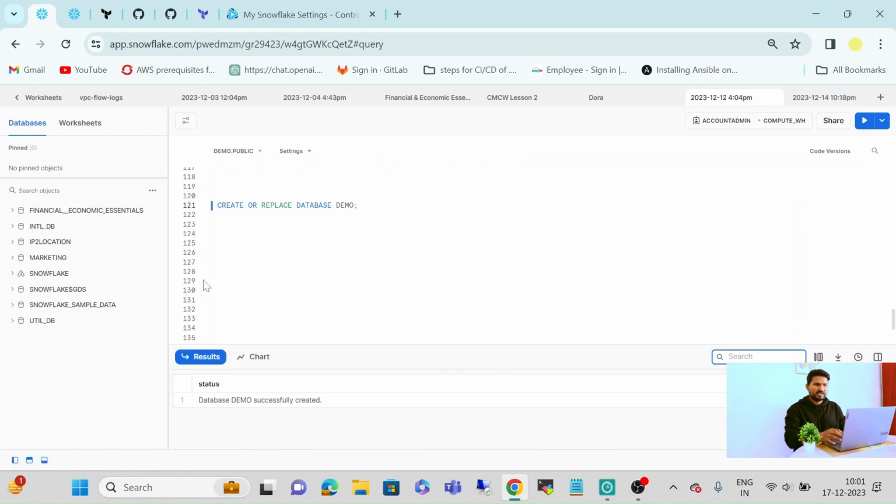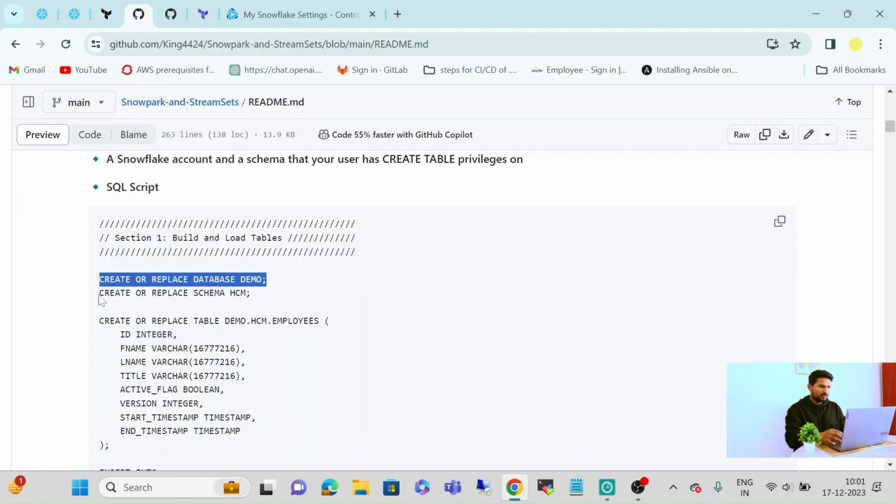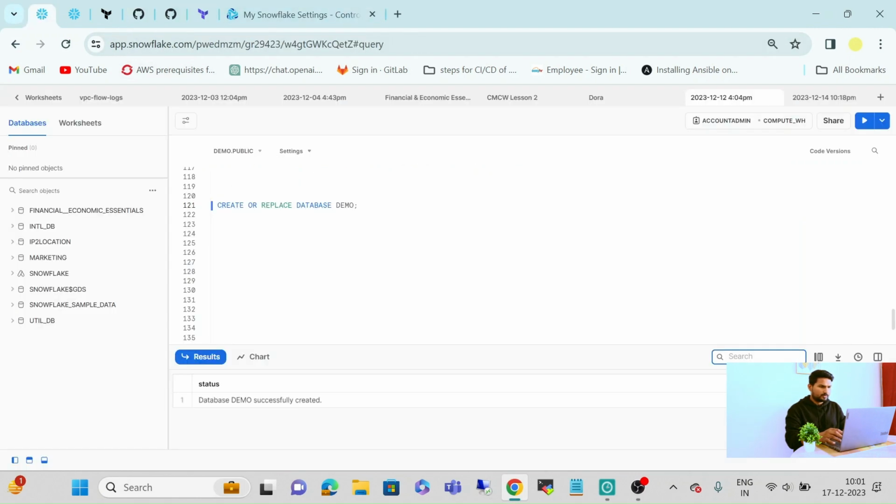Our database has been created. Now next, create one schema for your database. We will create a schema called HCM. So our database and our schema have been created.